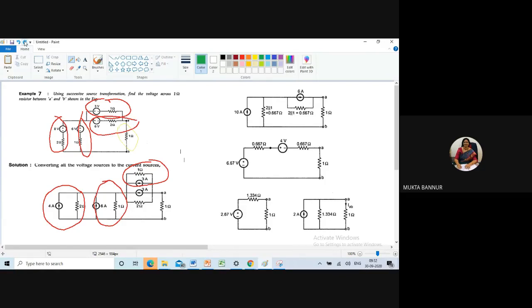Okay, all these are replaced by what? Their equivalent current source. Since these 2 current sources are acting in the same direction, I will be adding them. So that will be 10 ampere, and the resultant current source will be in an upward direction. Okay, so these 2 resistors, 2 ohm and 10 ohm, are acting in parallel. Thus, those 2 resistors have been replaced by a single resistance, that is 2 into 1 divided by 2 plus 1. What will be the answer?